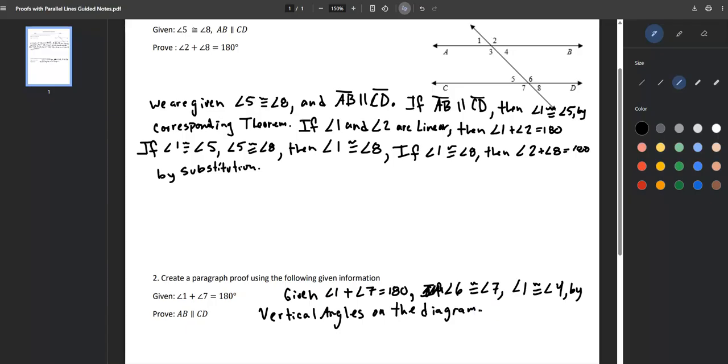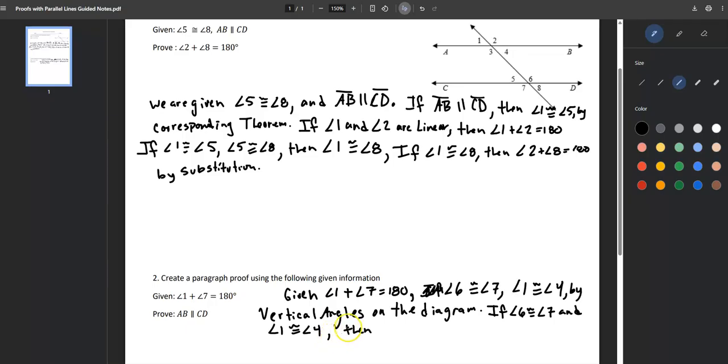Okay? All right, so we're going to look at this. I've got 6 is equal to 7 and 1 is equal to 4. So we're going to put that if angle 6 is congruent to angle 7 and angle 1 is congruent to angle 4, then,